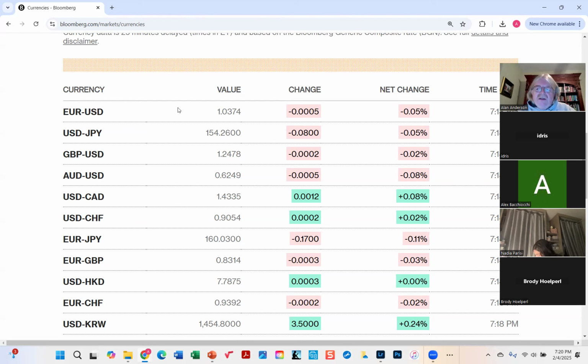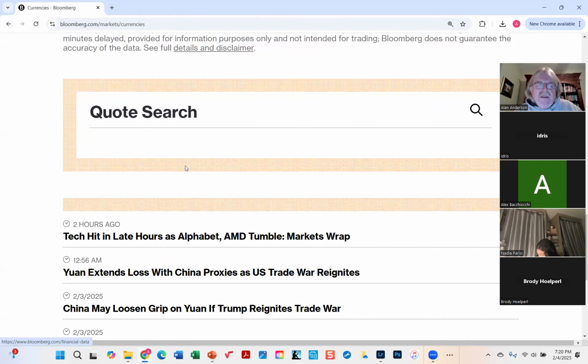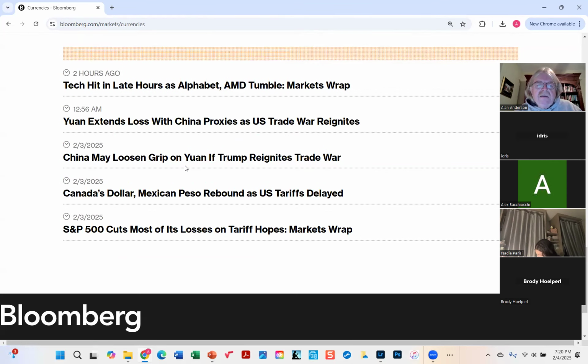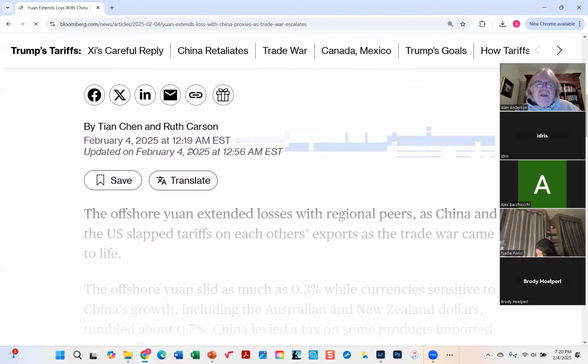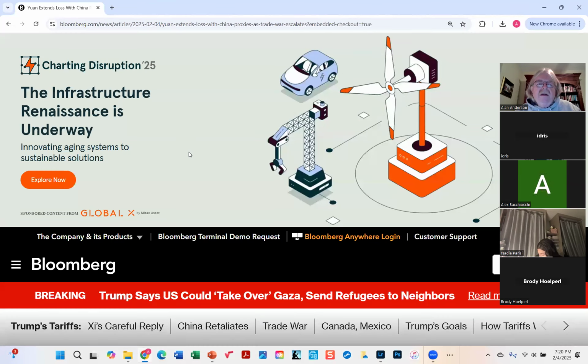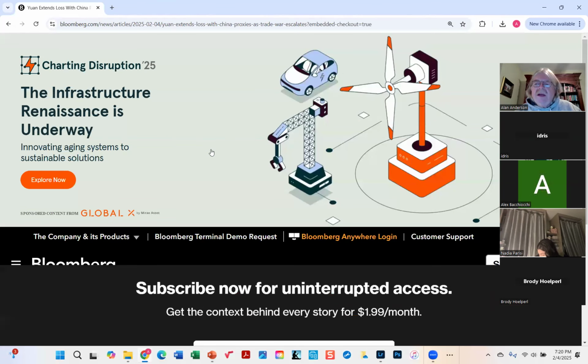So right now we have a lot of political turmoil, and so it's very possible that the exchange rates are fluctuating as a result. For example, the Chinese currency, the yen, extends losses with China proxies as U.S. trade war reignites. Okay, so yes, we know that there's a lot of talk about tariffs between the United States